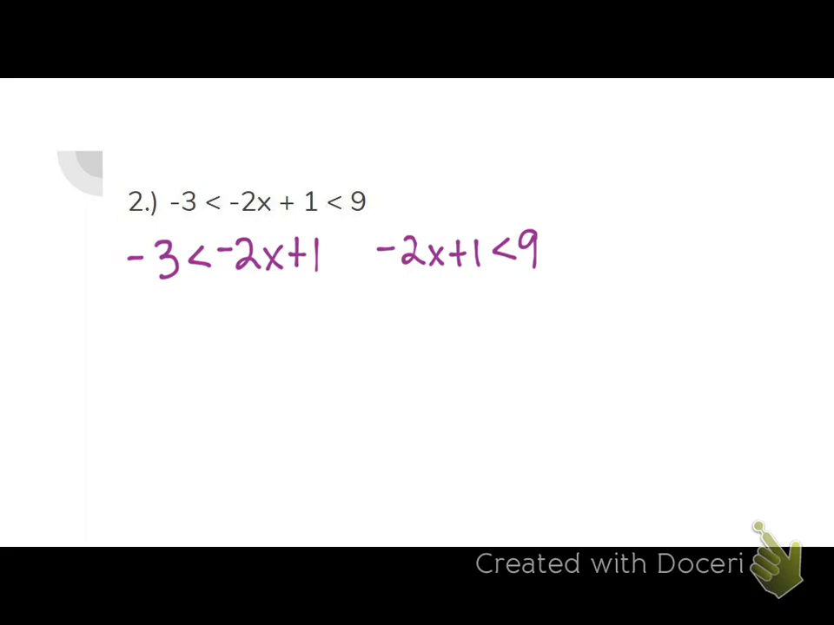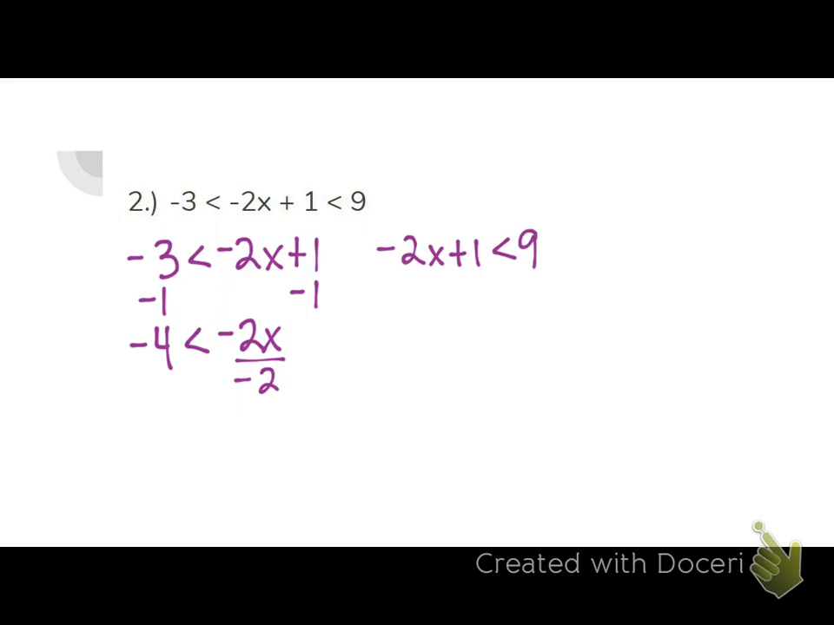Questions about splitting it into 2 problems? Okay, the next part should be the easiest part. The part that we practice the most is solving them. So my one on the left, how am I going to solve it? Subtract 1 on both sides. We get -4 is less than -2x. And then we would